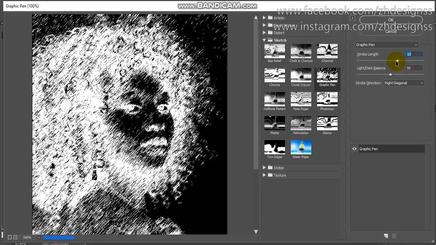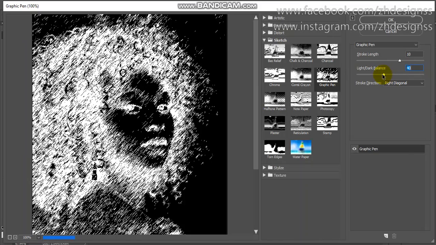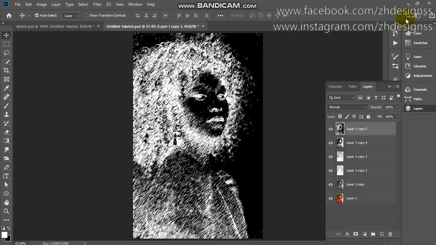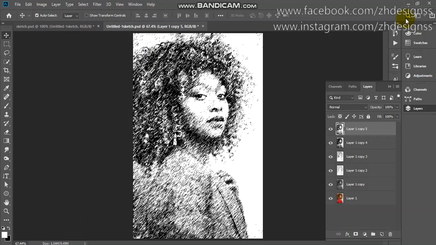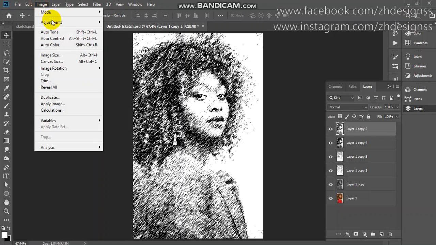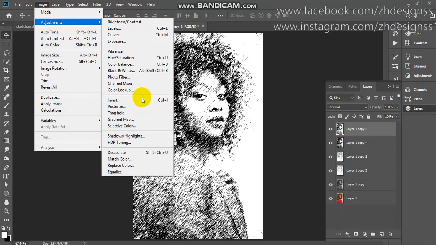You can set the stroke length and the line balance. From here I am reducing it. Just click OK. Again we have to invert it with Control or Command I. You can also go to Image, and under Adjustments choose Invert, which inverts black to white and white to black.